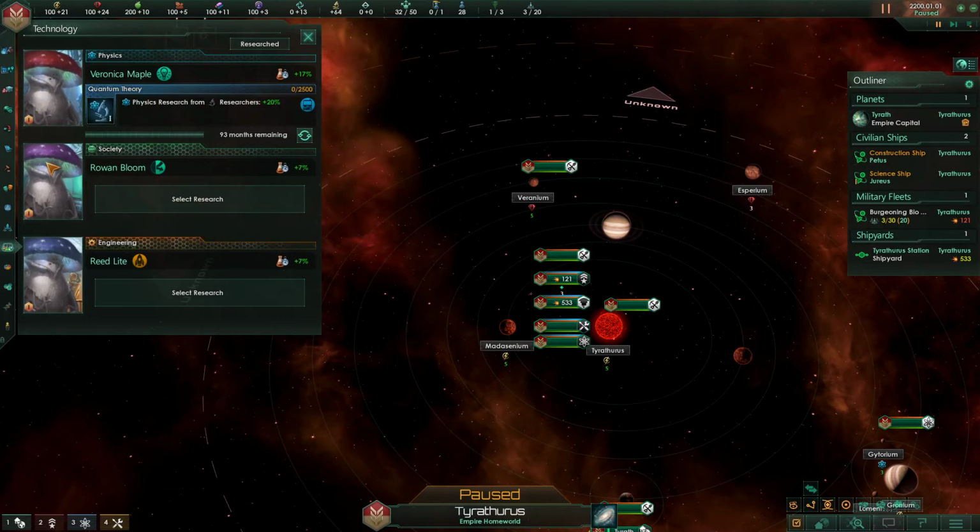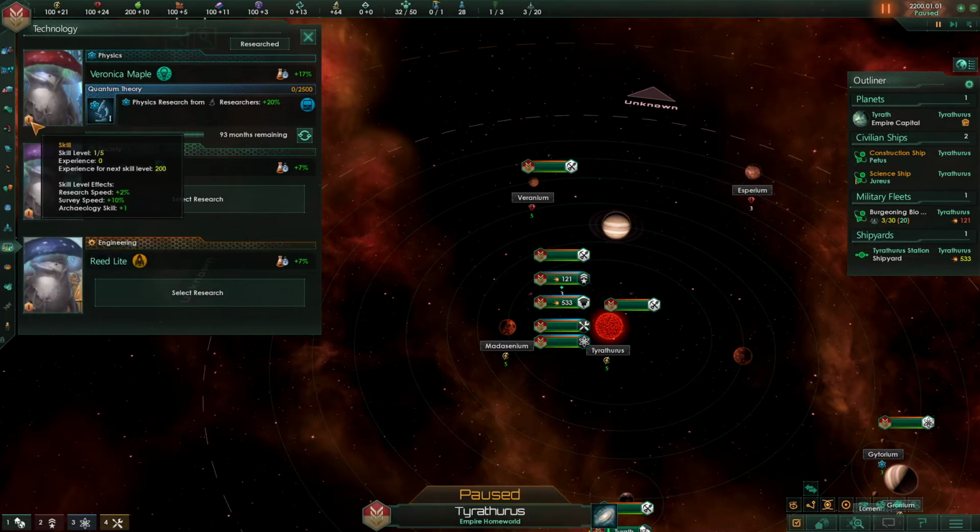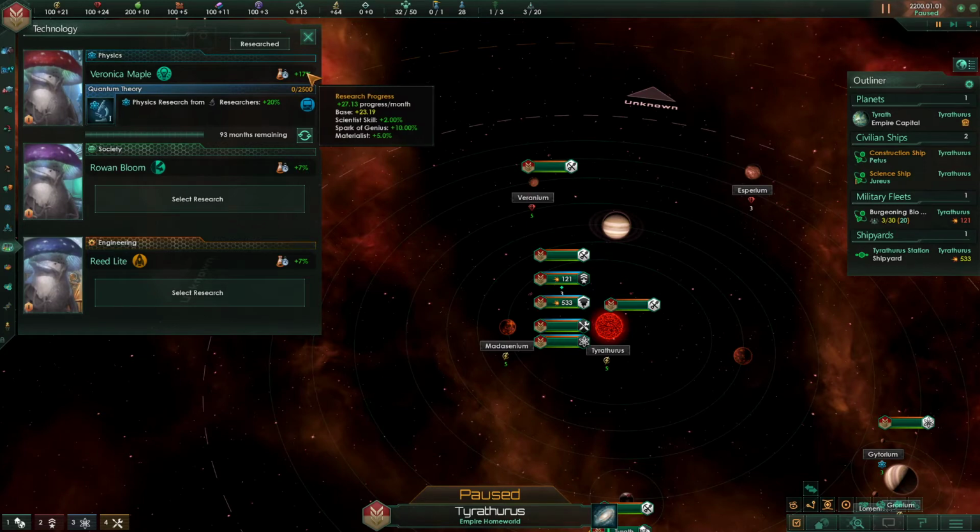For society, this guy has a bonus which only gives him longer life. That's cool because it means he's going to continue leveling up for longer. But in the short term, he's not very helpful to us. He's only giving us a research speed bonus of plus 2%, where this guy is giving us a research bonus